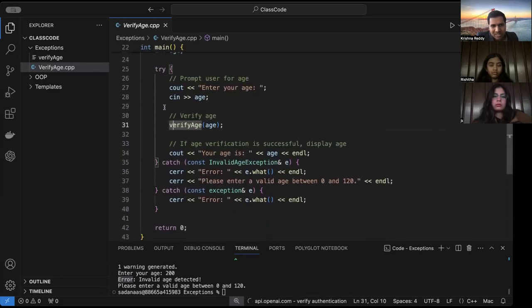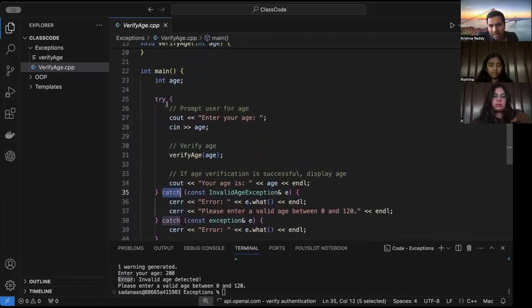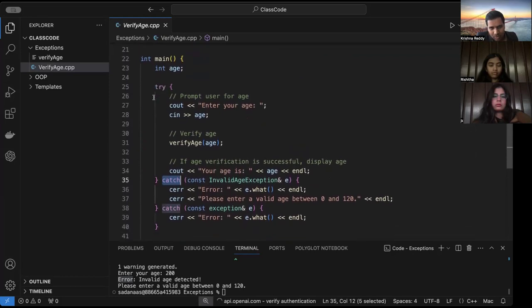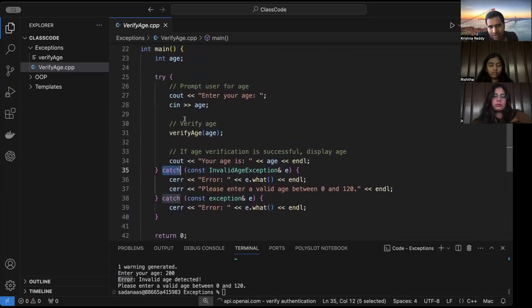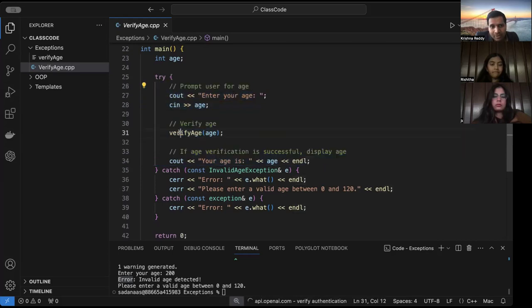In C++ or Java, it's pretty similar. You use try, catch. 90% of the time in the industry, whenever you are calling something, the program can be developed by your colleagues. And try means the real logic, normal logic, which we do every day. But if you feel anything suspicious, put it in the try block. Catch means